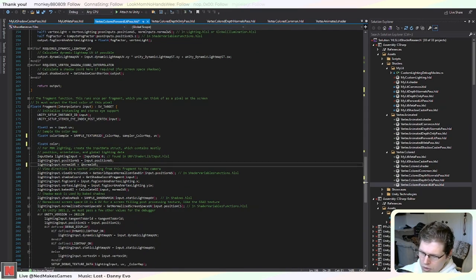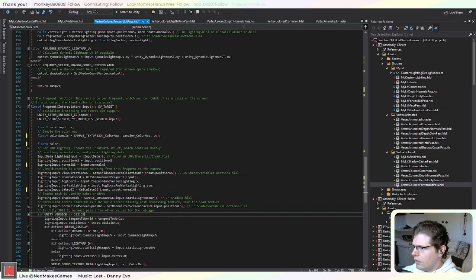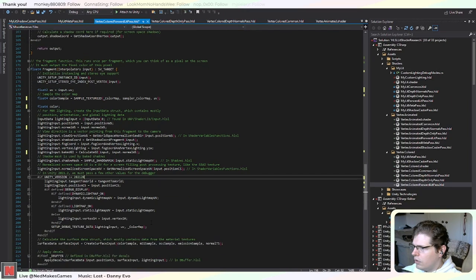Okay, so this should be input. Okay, the tangent to world. I'll just set this as 0, I guess. It should be the identity, but